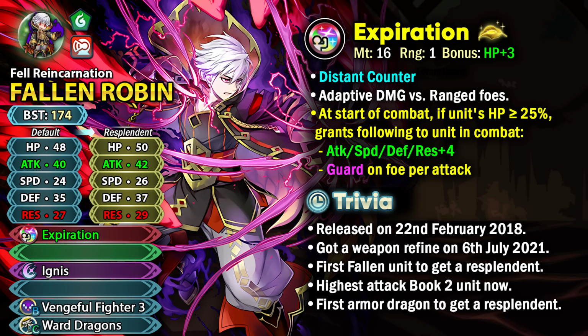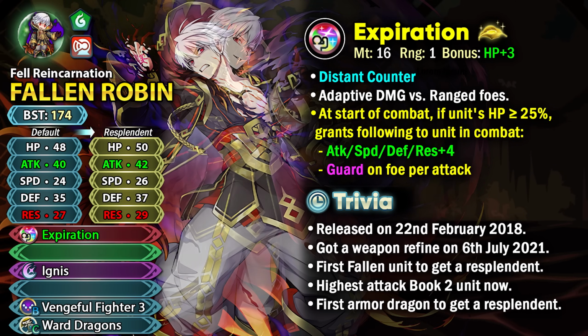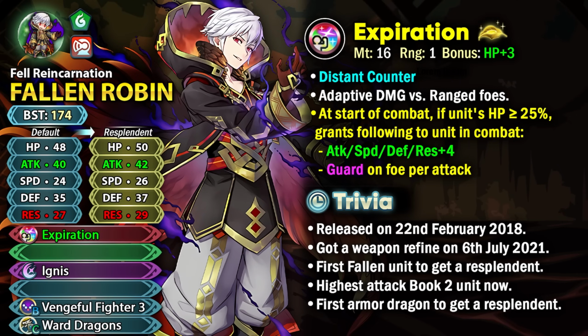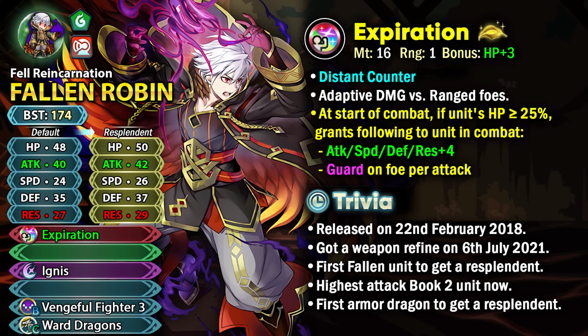It was a refine that was 3 years ago, so that's why it's a bit old, and he's actually the first fallen unit to get a Resplendent version. And now with the Resplendent stats, he becomes the highest attack Book 2 unit. So he's going to have more attack than Resplendent Seliph, and that is going to help him even